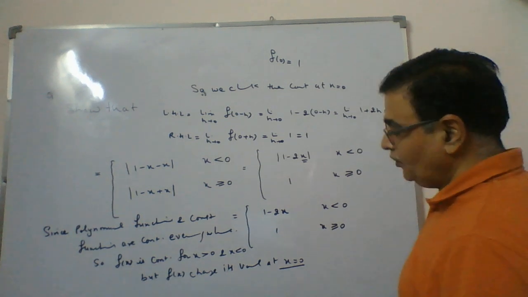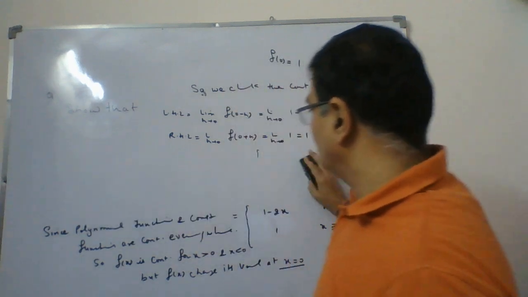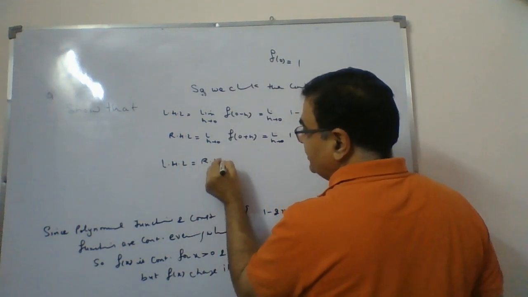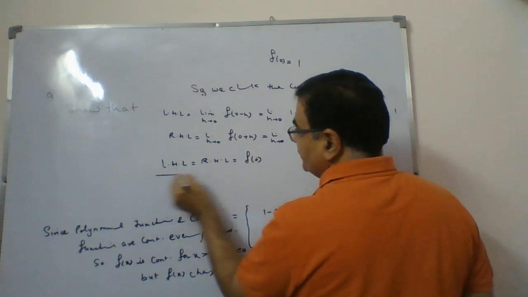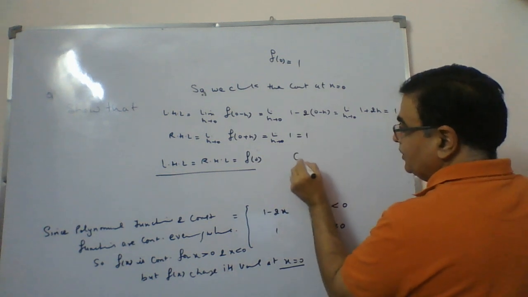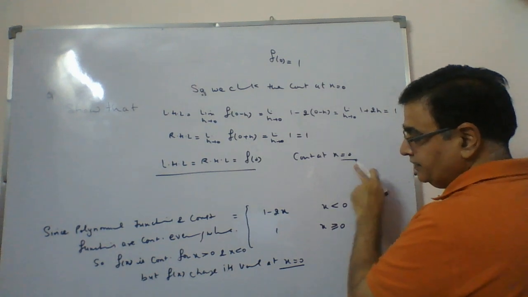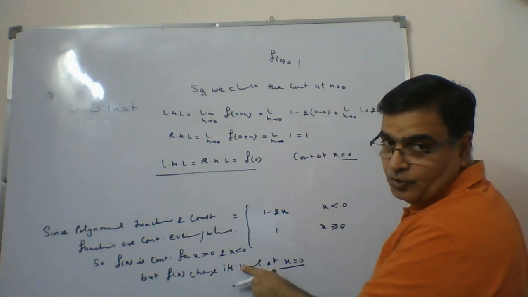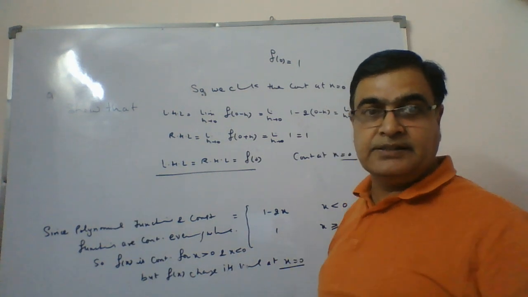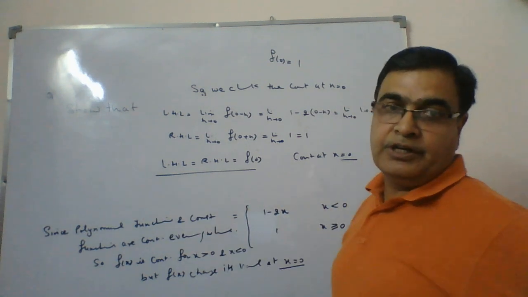So what you should say now is it is continuous at 0 also. We got left hand limit equal to right hand limit equal to the value of the function. Hence the function is continuous at x equal to 0. And at x = 0 continuous, less than 0 continuous, greater than 0 continuous, that means function is continuous everywhere. Hence the function is continuous everywhere, or we'll say for every real number.